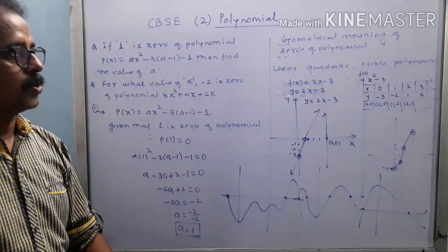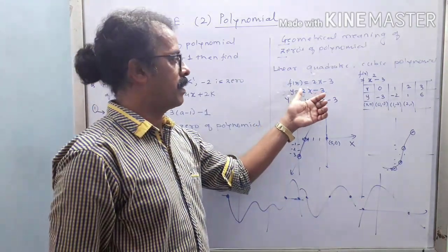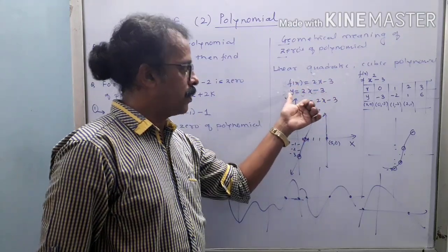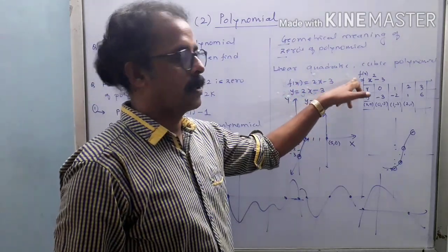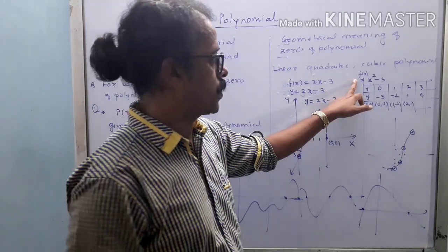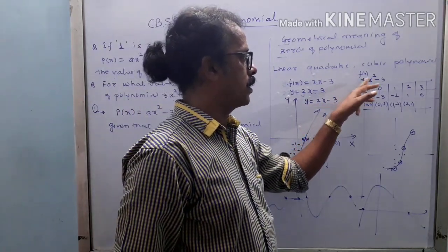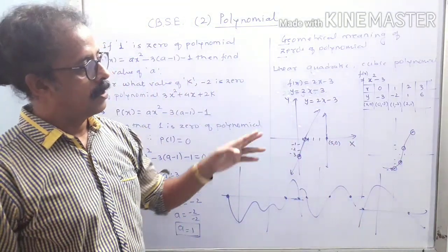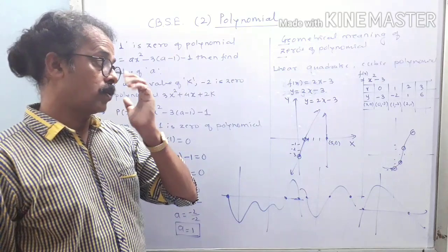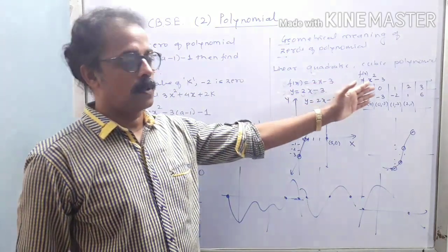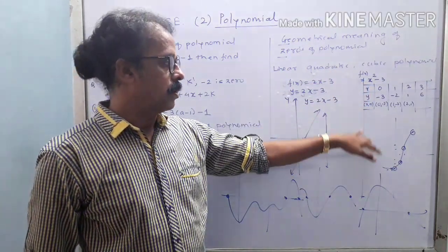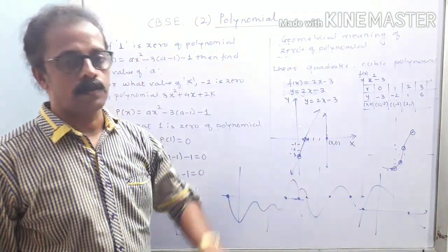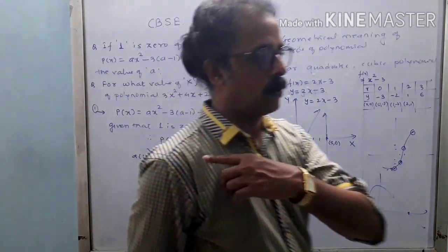So this is about the geometrical meaning. Geometrical meaning means basically we are writing the equation as f of x is equal to 2x minus 3. This f of x we will consider as y. A similar thing I have done here, f of x is equal to x square minus 3. So I have considered y as x square minus 3 and proceeded further for the graph. Then I have checked the value of x, right? So that is the way we are going to solve the question based on this particular case. Okay, so that is the way we note down or find out the number of zeros of that polynomial. Just have a look at those questions.